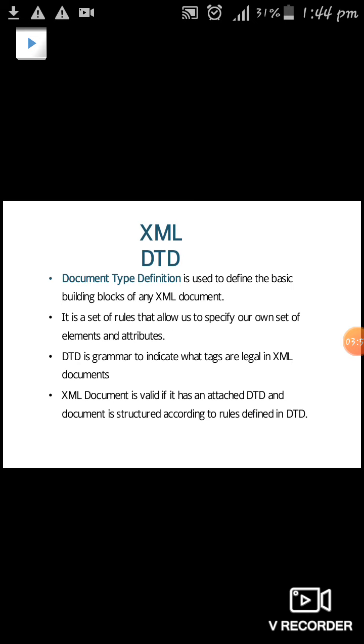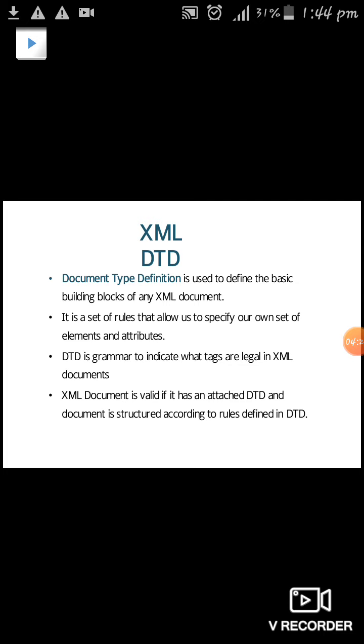So next is the Document Type Definition. This is a very important part of the XML document. By using the Document Type Definition, we can frame the elements of the XML document, because compared to HTML, XML has its own set of tags, right? It doesn't have any predefined ones. So how the own set of tags should be valid can be identified by the Document Type Definition.